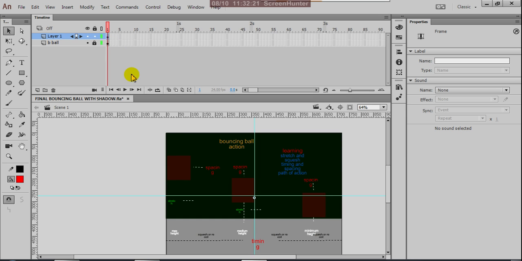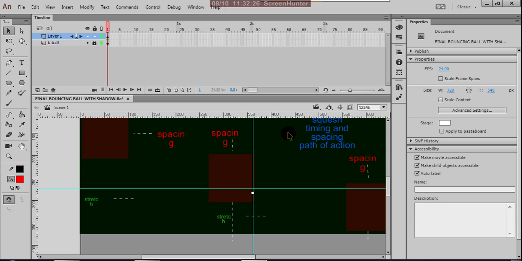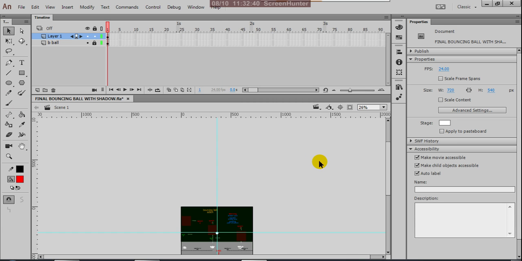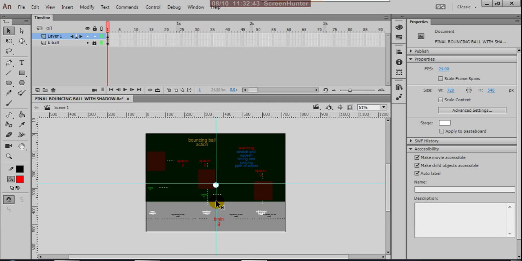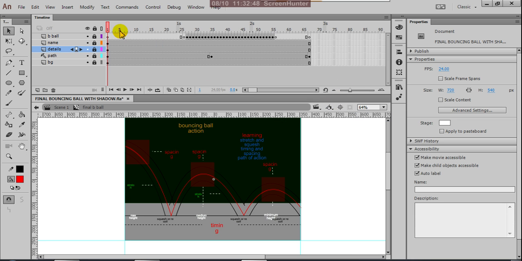Unlock this and get into that. See, it is separated into different layers. Let us check one by one.